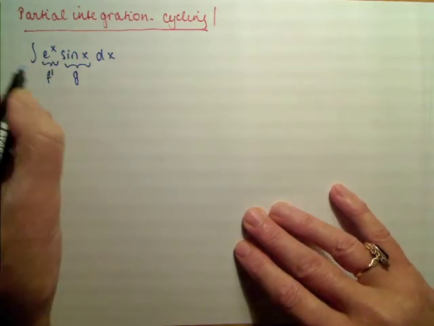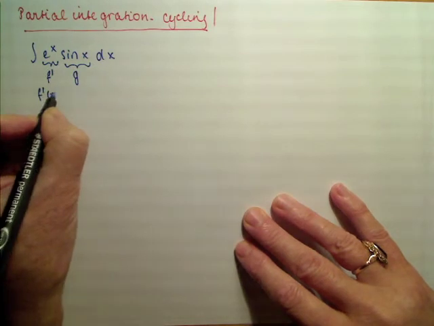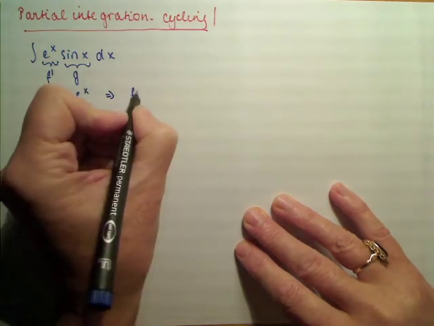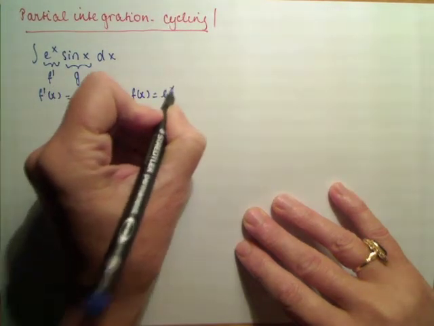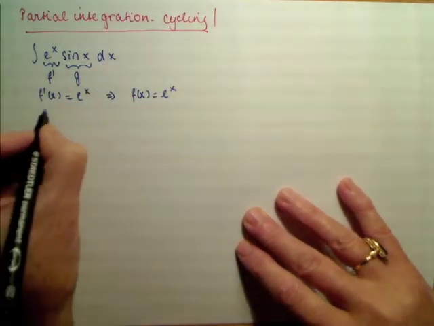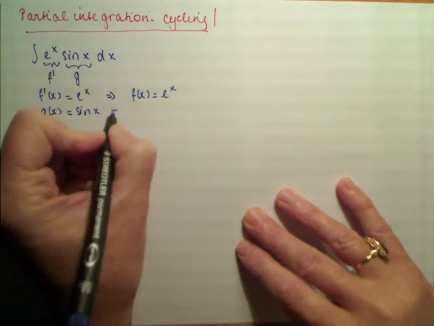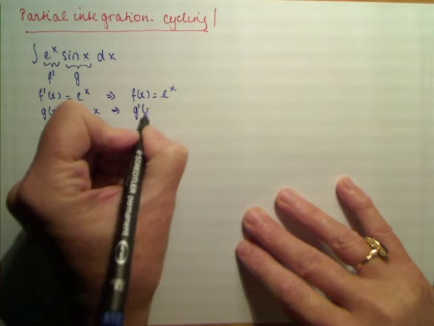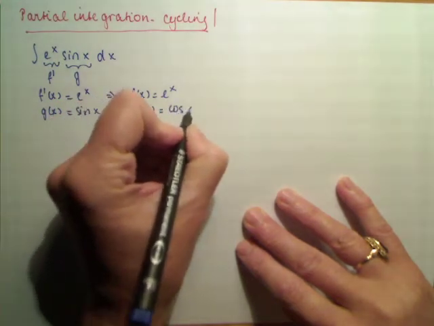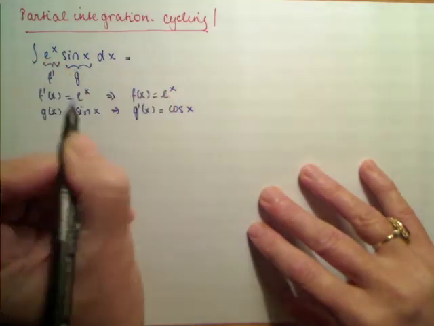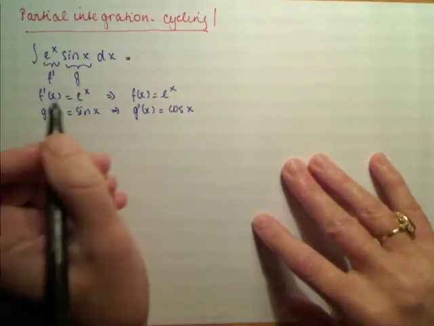f prime. If we do so, then f of x is equal to the primitive of e to the power x, which is equal to e to the power x itself, and g of x equal to sine x implies that g prime of x is equal to cosine of x. So if we plug this into our formula for partial integration, then we get that the right hand side is